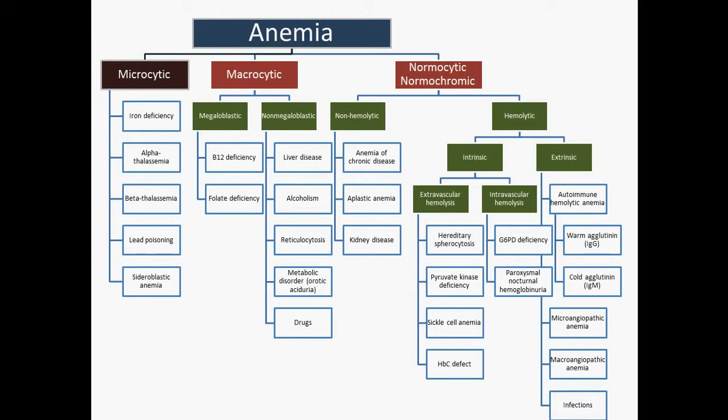Well, usually it involves making new red blood cells, and a lot of these different anemias have to do with dysfunctional production of red blood cells. But the first one here, iron deficiency anemia, it's because of a lack of iron, which could be for many reasons, whether you're not getting enough iron in, or you're losing a lot of iron due to chronic bleeding, or you are just not able to make